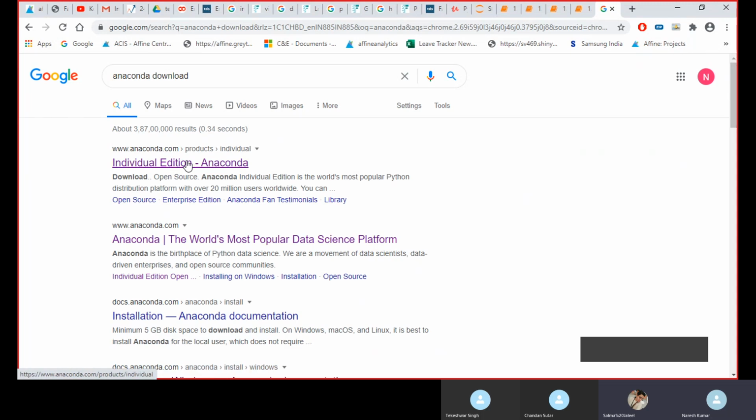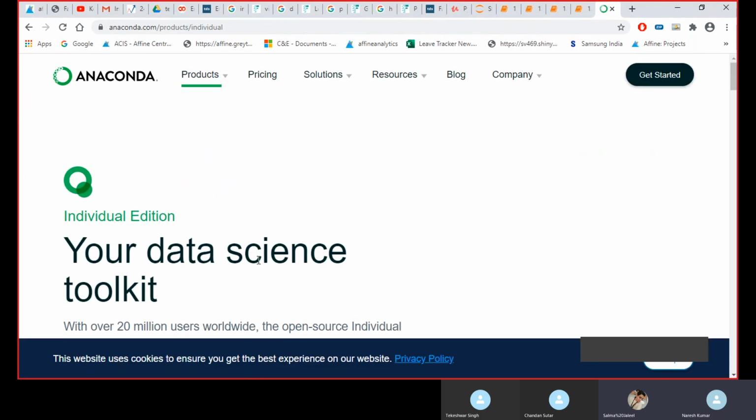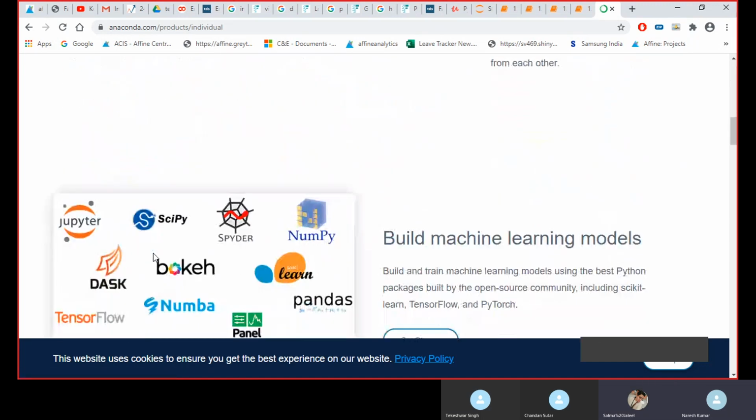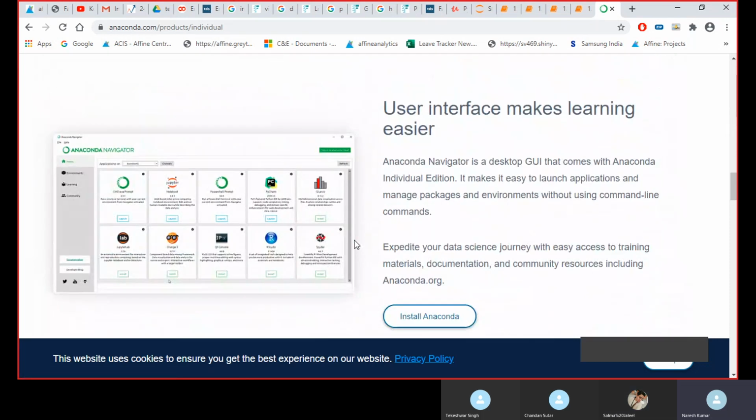You need to go to this website and then do a download. After the download you need to come here, Anaconda 64-bit, and then click on Anaconda Navigator.